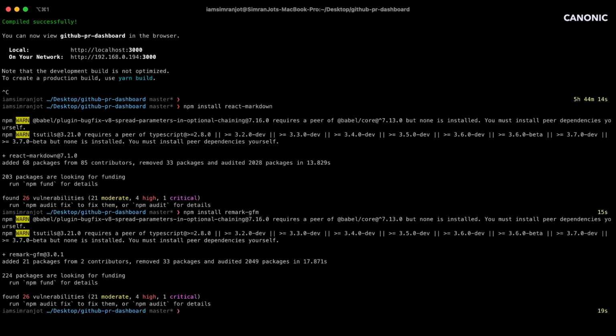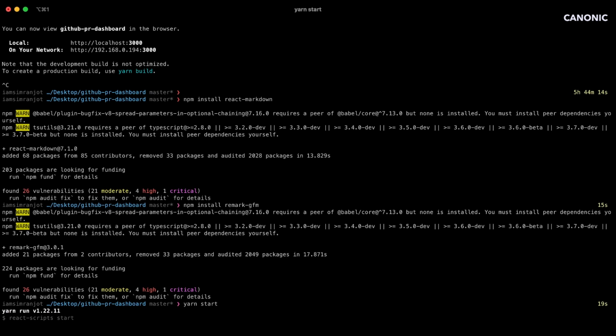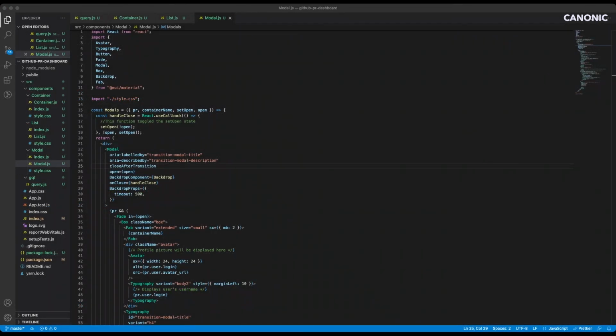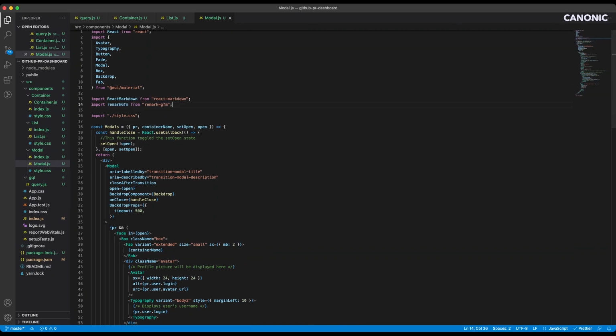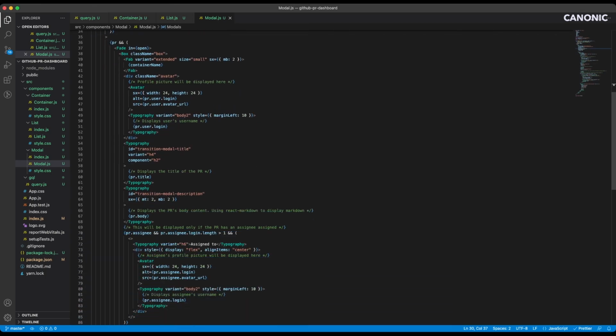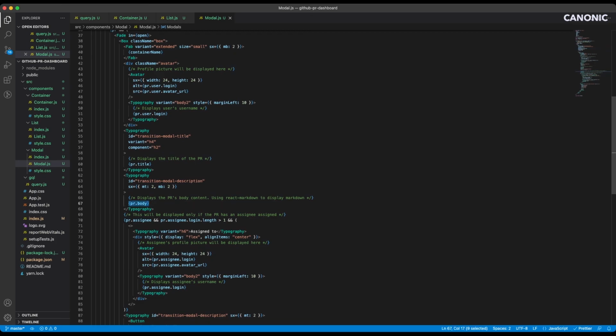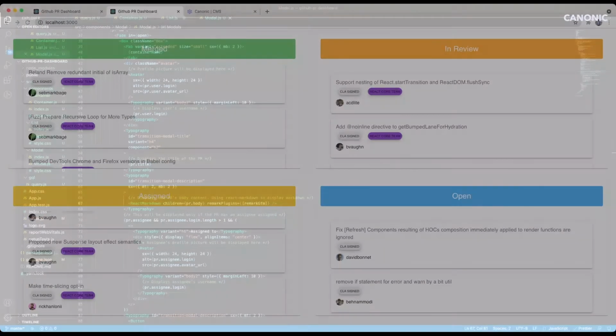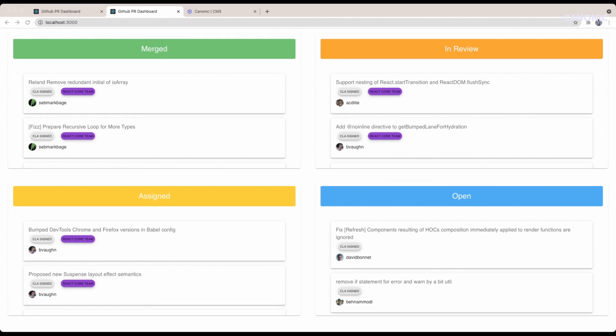Once this is also done, let's start our project and head back to VS Code. Let's import both the dependencies. Once we are done importing, we'll just use these two libraries to convert our body into proper markdown. Let's head back to Chrome and see how it's looking.